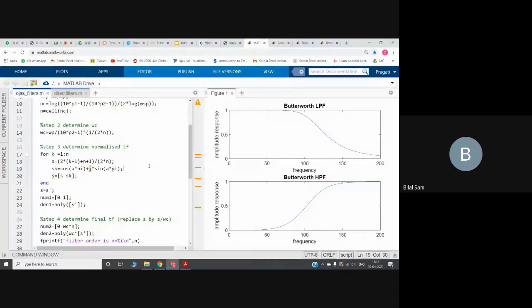So initially, we are basically adding the values one after the other. Suppose the value of sk is 1, just for example. s initially was blank, so 1 gets added to the blank. That's how my s will become 1. In the next iteration, suppose the value of sk is 2. Initially s was 1, and with that the value of sk, 2, will get added. So this is how 5 values will come, so this is how this loop runs.